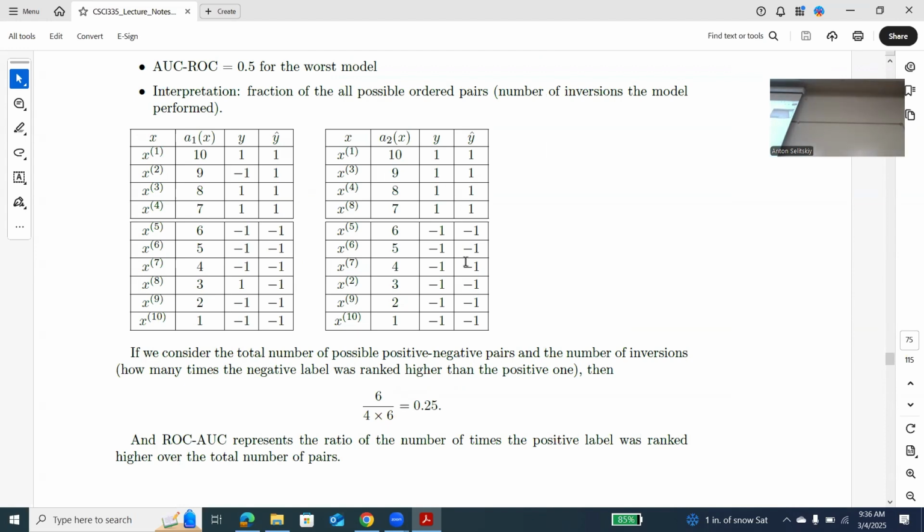I don't know what the values of X are. I just know the value of the model prediction A of X. And let's say I sort